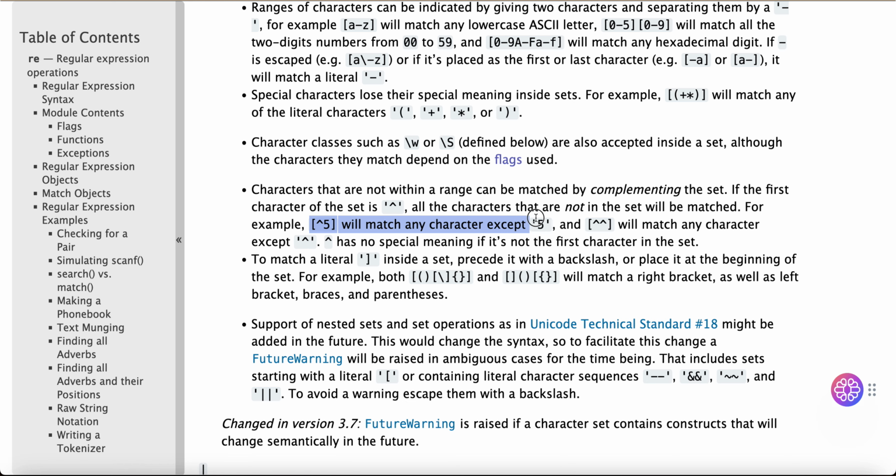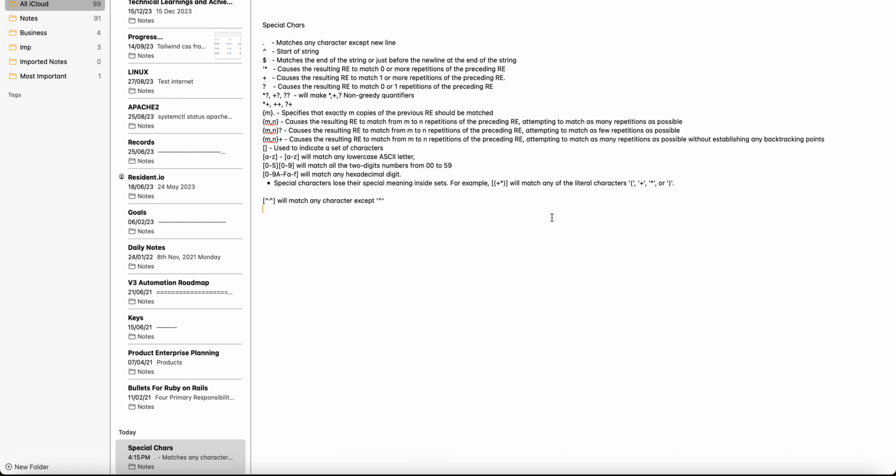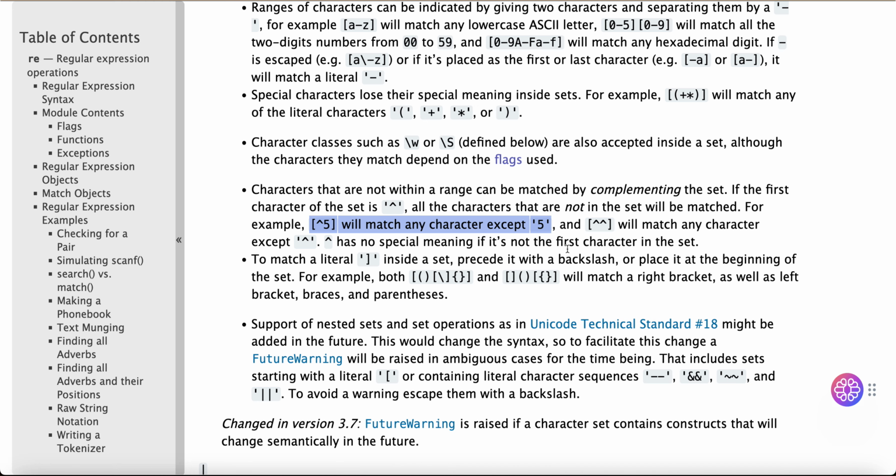Character 5 will match any character except 5. Caret has no special meaning if it is not the first character in the set. To match a literal ] inside a set, precede it with a backslash or place it at the beginning of the set. For example, both